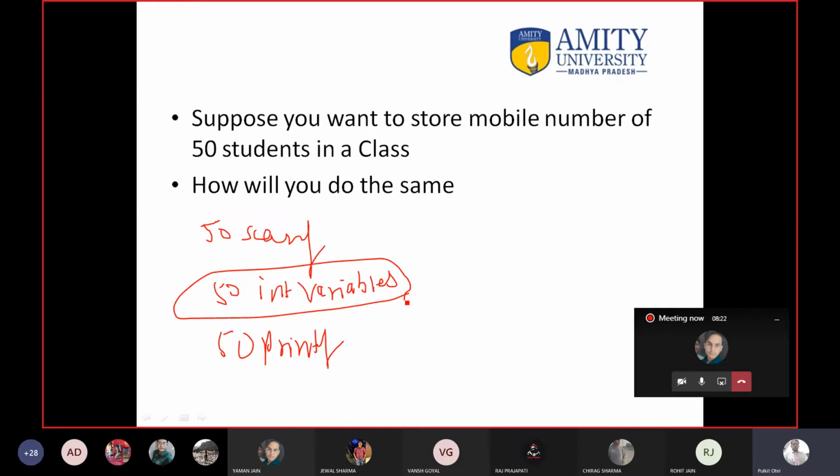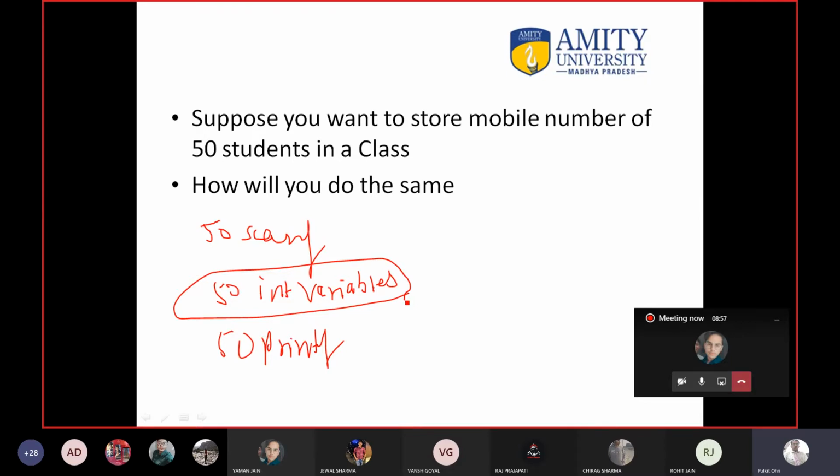So here, because the information is related, it is the same, because we want to store only mobile numbers. When the information is the same and related, we can use the array. Array means we will store the 50 mobile numbers in one place only, and using a loop we can print them, and using a single loop we can input 50 mobile numbers or 100 or 1000 or lakh or 10,000, whatever, or million, billion. So when we have to do a repeated task on the same data type, then we can use the array.